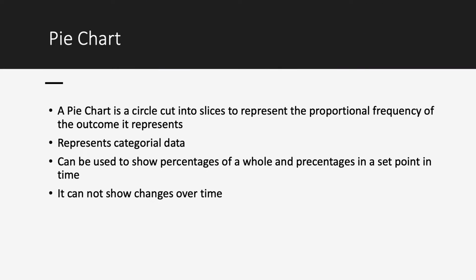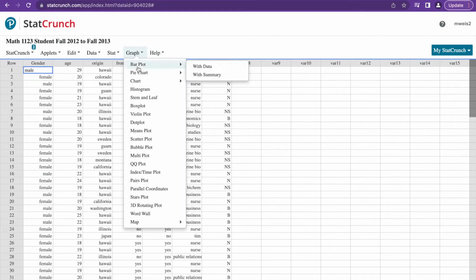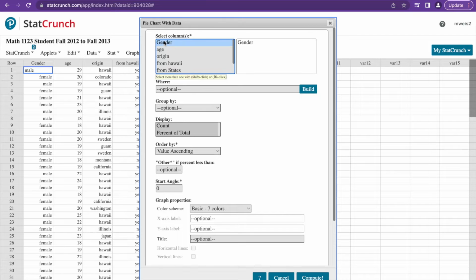A pie chart is a circle cut into slices to represent the proportional frequency of the outcome it represents, usually categorical data. It can be used to show percentages of a whole and percentages at a set point in time. It can't show changes over time. To create a pie chart, we go to Graph, Pie Chart, With Data, and select the column we'd like to